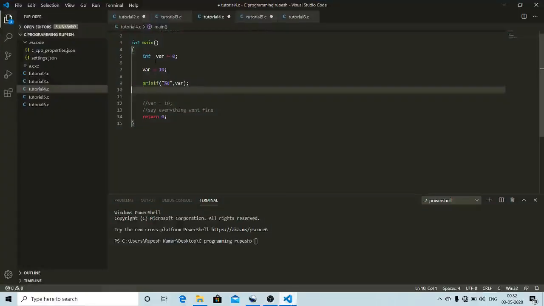So till now we have seen how to declare a variable, and we should initialize the variable just after declaring it, otherwise it will give a garbage value. And we have also seen that the value of a variable can be changed during the program. So now we will see how to declare multiple variables. So suppose you have a very